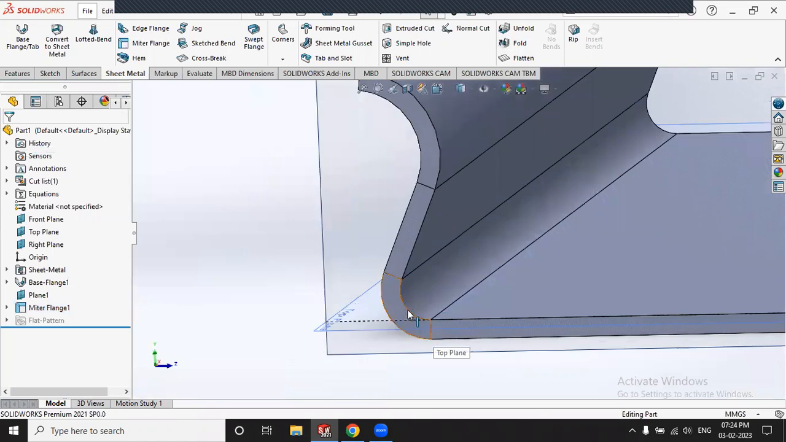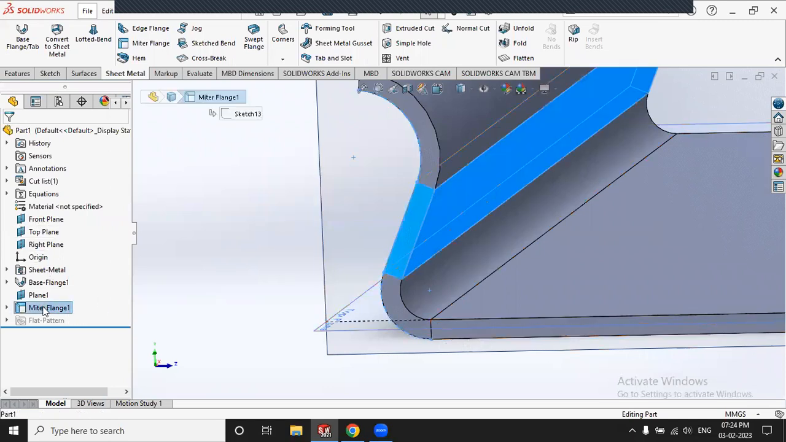So now you have to create such a profile which is tangent to each other, but on this edge. Suppose I want this profile on this edge. So I will create a profile which is perpendicular to this edge. So I select this one. Now if I go to miter flange again,